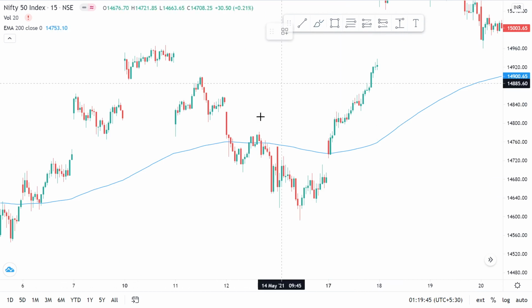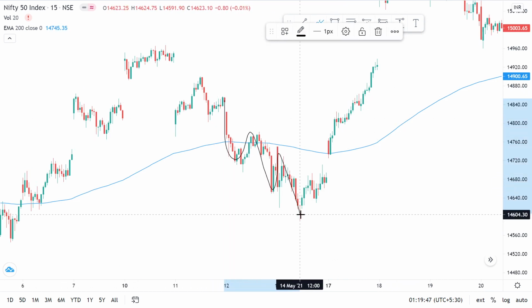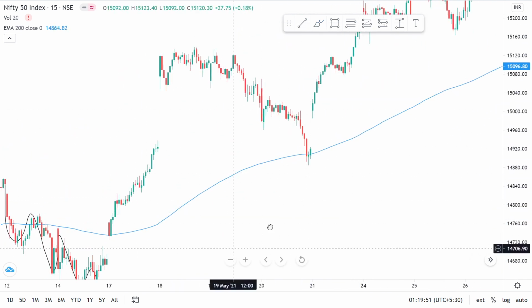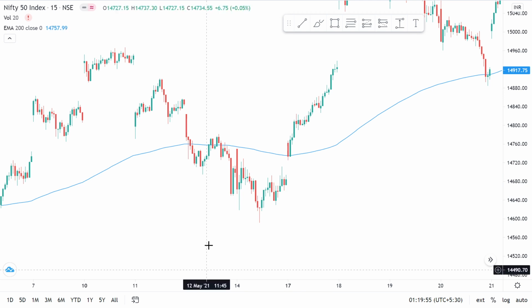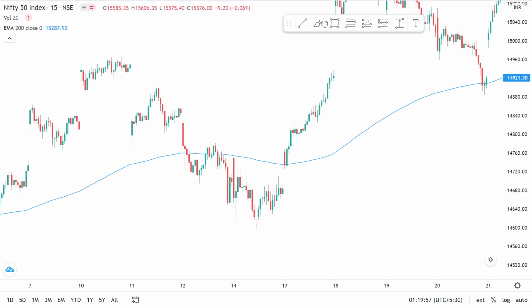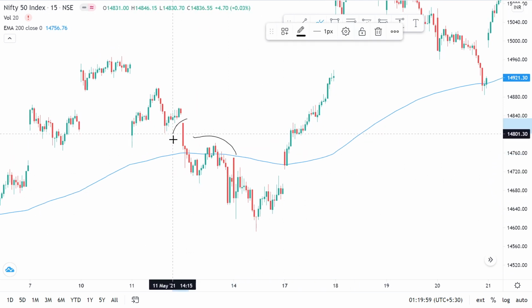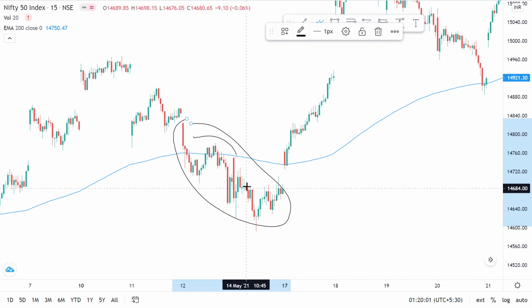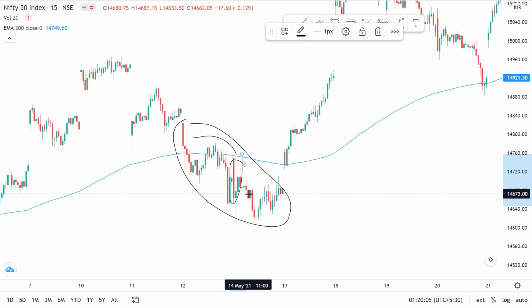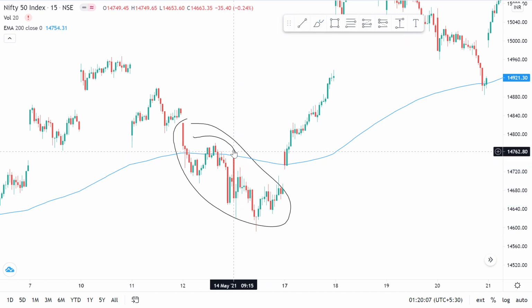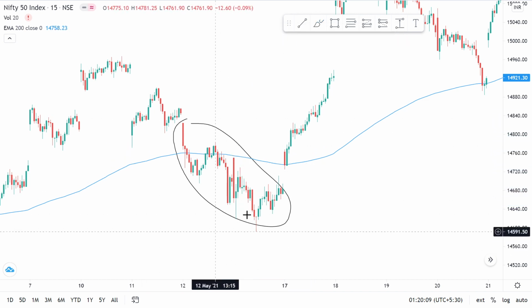Now again, second one here. You can see another strong selling pressure throughout the day and not just the closing hours. So here it was just the closing hours. Now here, this is throughout the day. Now what is happening here? Since this sell-off has happened throughout, there are sellers at each and every point throughout this day. You can see this big candle. This was not just one day, this was over a period of 3 to 4 days. So there were sellers in the market for all this period.